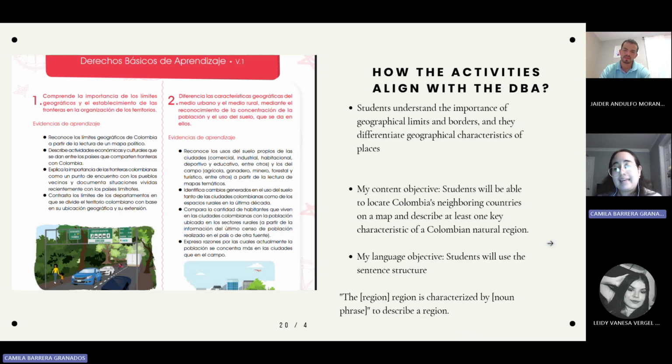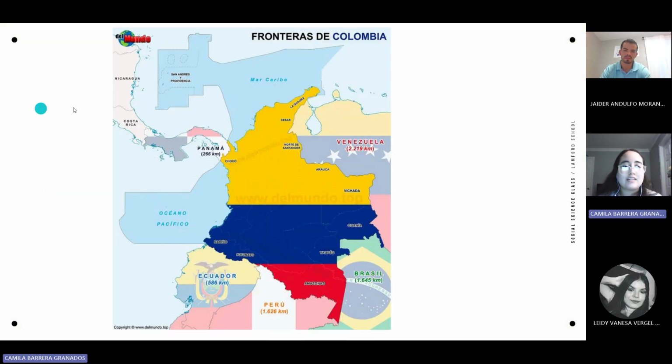I want to include an adjective and of course the names that they want to see in this lesson. I also have a big example of what I want to show the students. And I know that they like coloring, and something that looks attractive to them. So that's why I want to choose this kind of map.